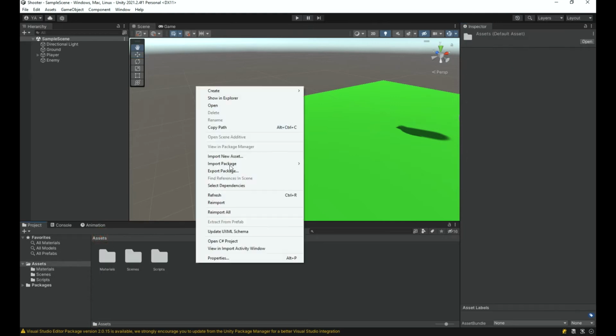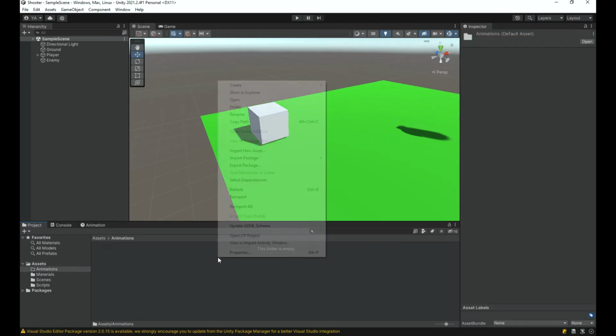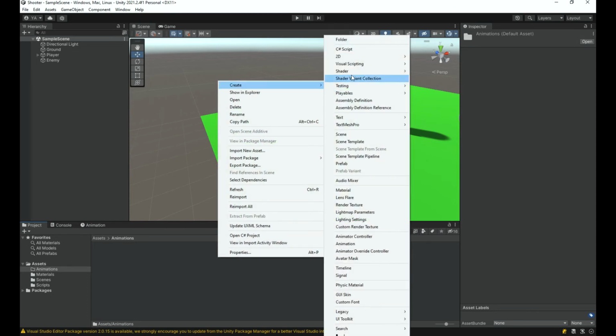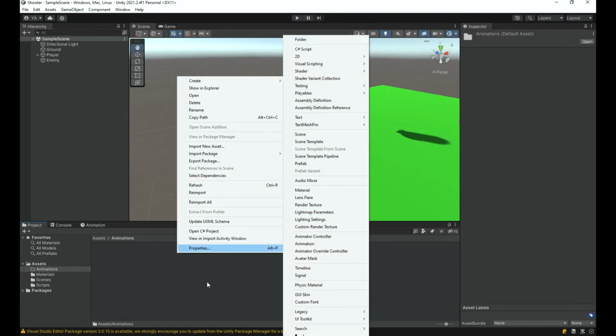Well, first I'm going to right click and create a new folder here, and just call this one animation. Then I'm going to open up this animation folder, right click and create a new animation. Oh sorry, not really that way. We can right click and create a new animation and animator, but what I'm going to do is